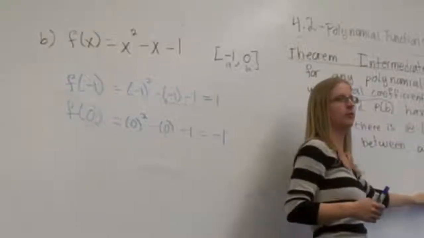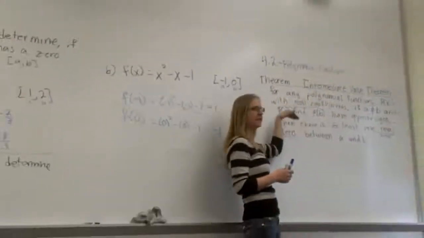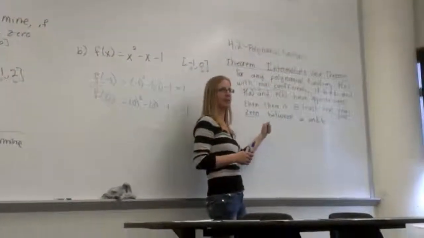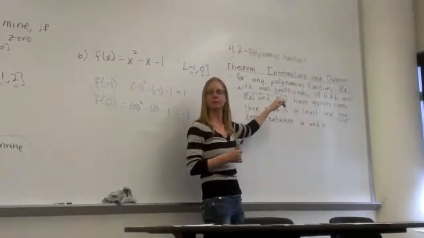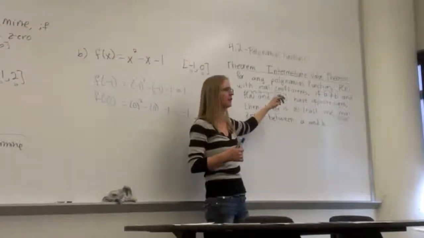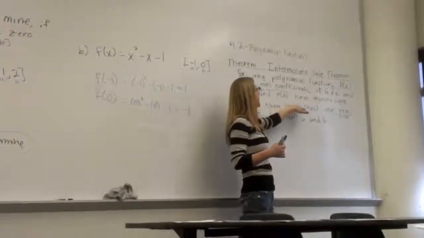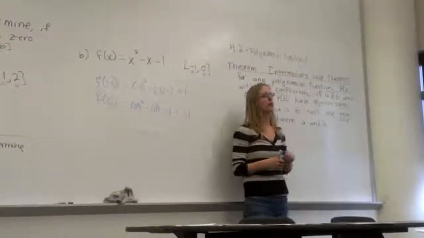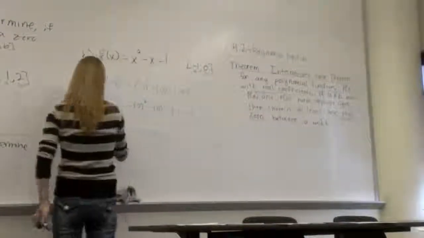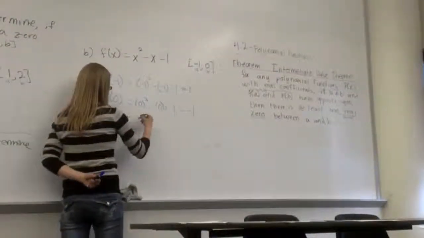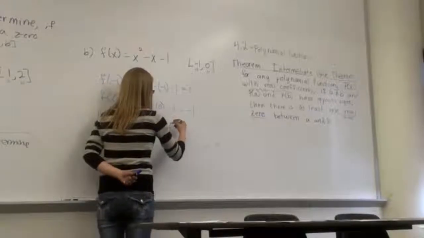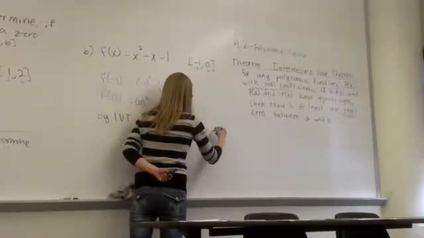I can now finish the rest of the theorem. Because it's an if-then statement. If this happens, then this happens. Welcome to science. You guys remember if-then statements in biology class a long time ago? Okay. Then, there is at least one real zero between A and B. So, by the intermediate value theorem, there is an answer. There is at least